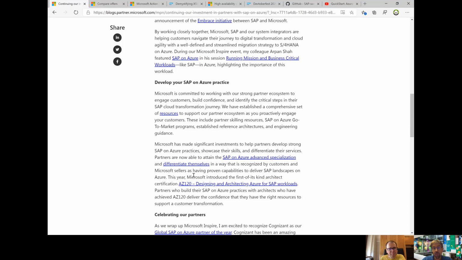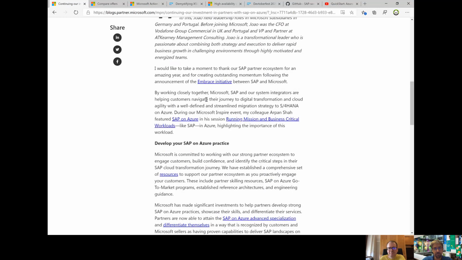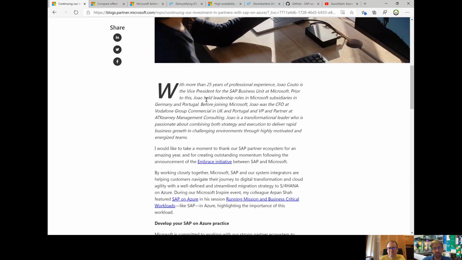I see. Cool. We even have some cool certifications and skilling initiatives in place. I think some of you know the AZ-120 course, where you can now get a certificate that you are familiar with SAP on Azure. And obviously there are a few other ways we recognize how partners are good in a certain area, how they are familiar and have some knowledge about running SAP on Azure. So this is just a blog that was published yesterday or something like that.